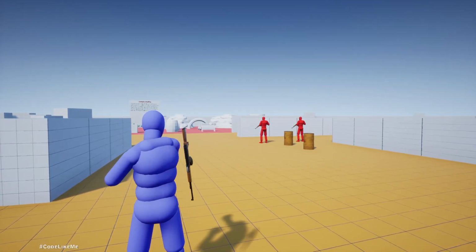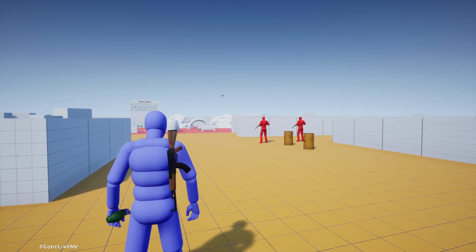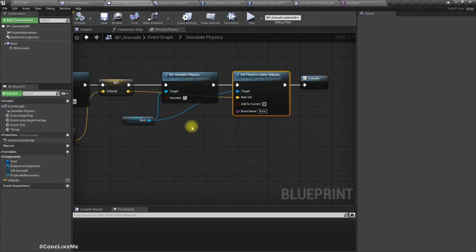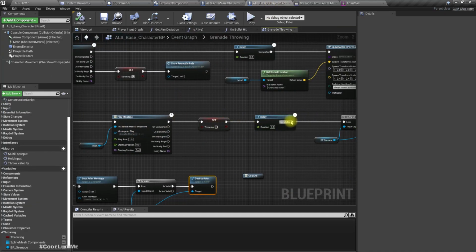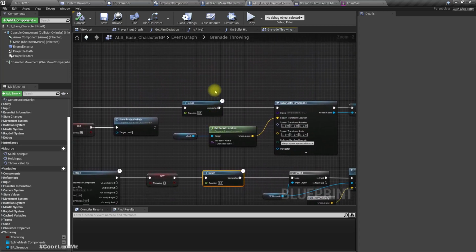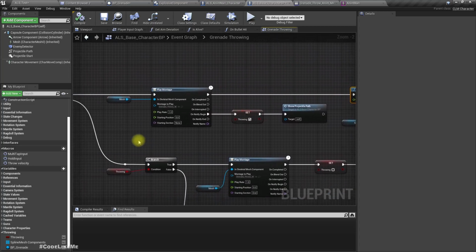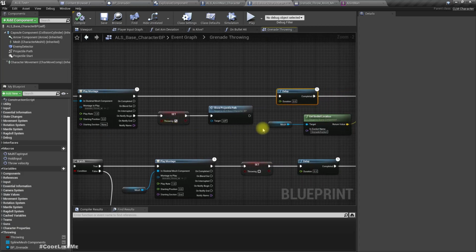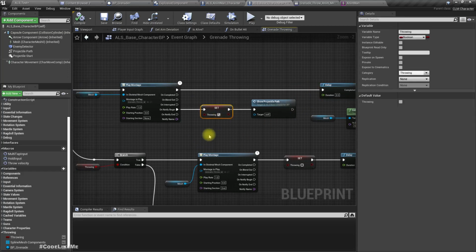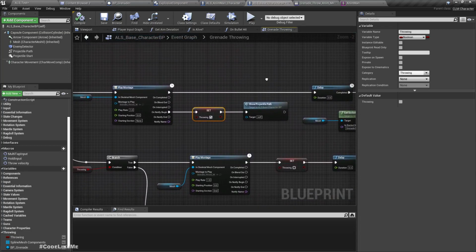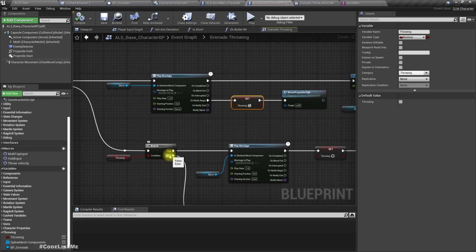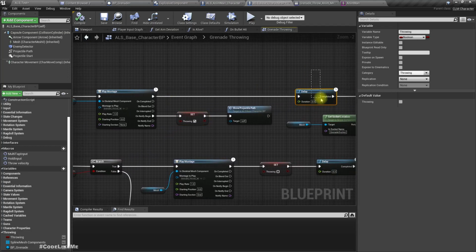oh, still wrong. If I quickly tap even before this delay is processed, the throwing will be set to false. So actually no, throwing will never be set to true, but still a grenade will be spawned. So what we can do is, if this part is executed before this delay,